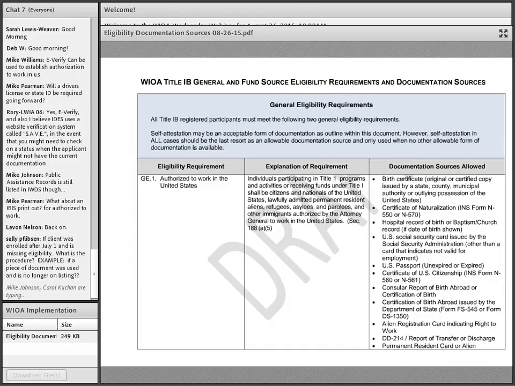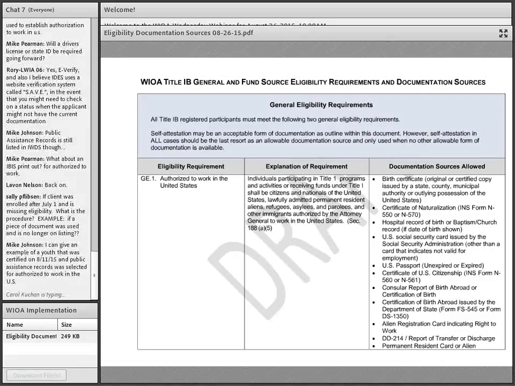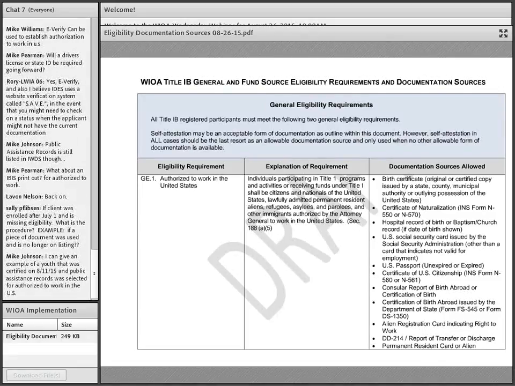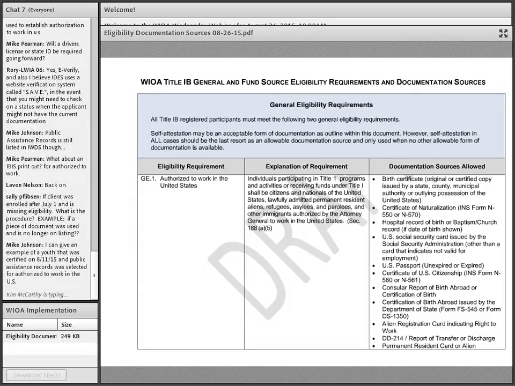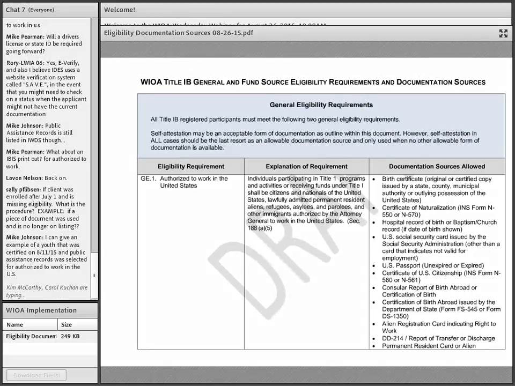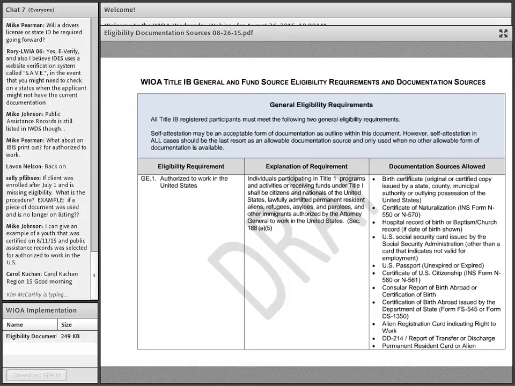Until this is issued, we really can't enforce this. However, going forward from today, you should try to utilize this because we're pretty sure this is a more comprehensive list and a more accurate list. But if you have identified someone and determined them eligible prior to seeing this document and it was on that previous list, we will have to accept that. We can't